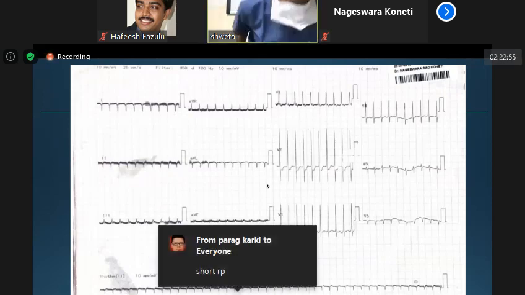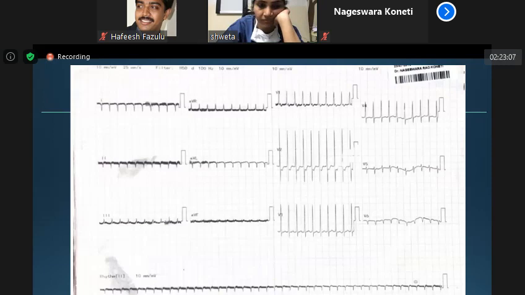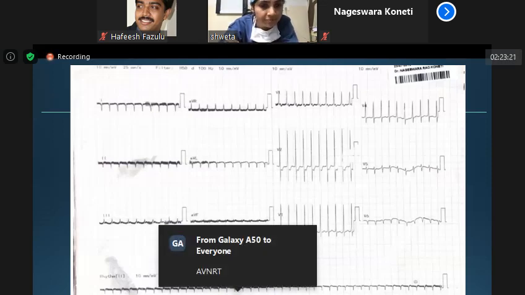So all heart failure will have tachycardia, no? So is this the tachycardia because of heart failure? Is it true? No, ma'am. Then justify why it's not sinus tachycardia. Sinus tachycardia should include normal P waves followed by the QRS complexes. Yes. So a very important point for sinus tachycardia is that the P axis should be normal.